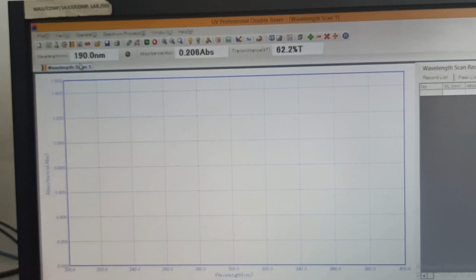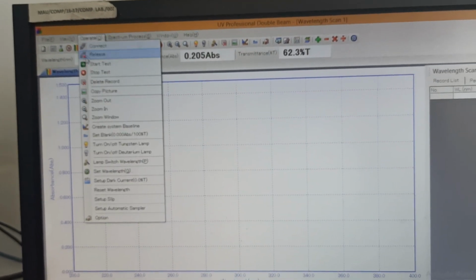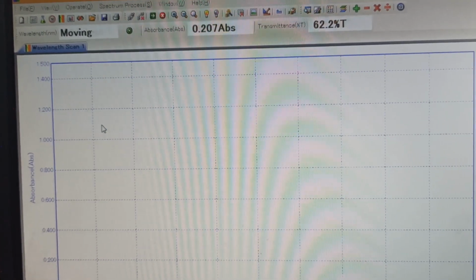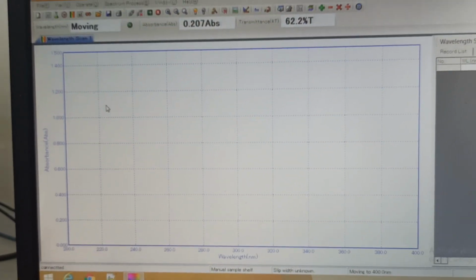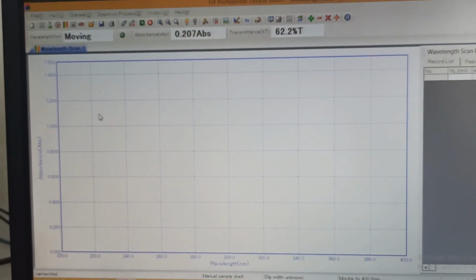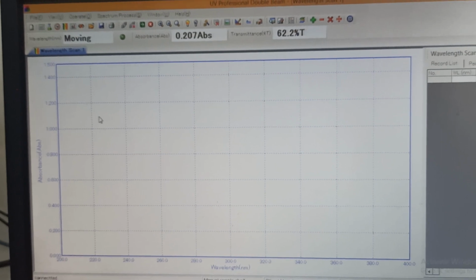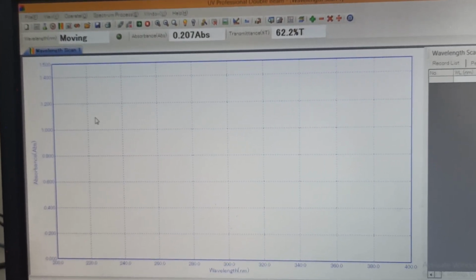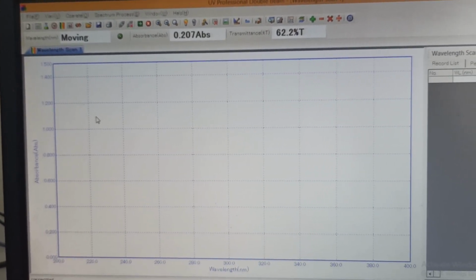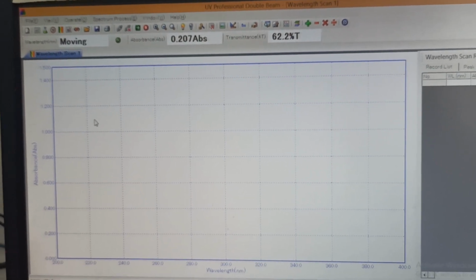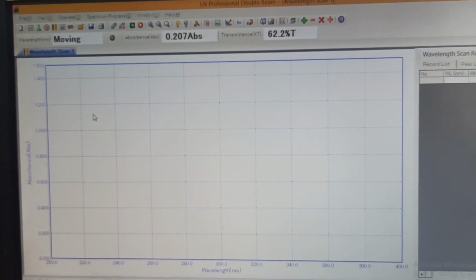After that, again go to Operate menu and click Set Blank. It will set 0 to the blank in whole range 200 to 400.